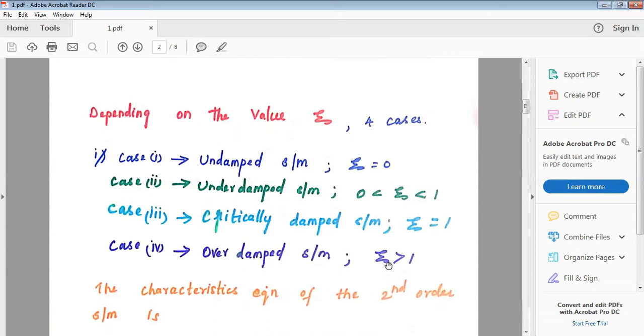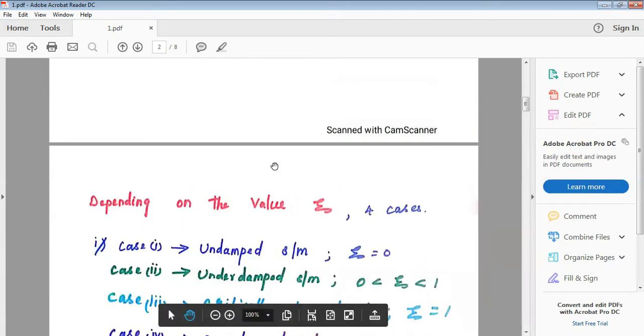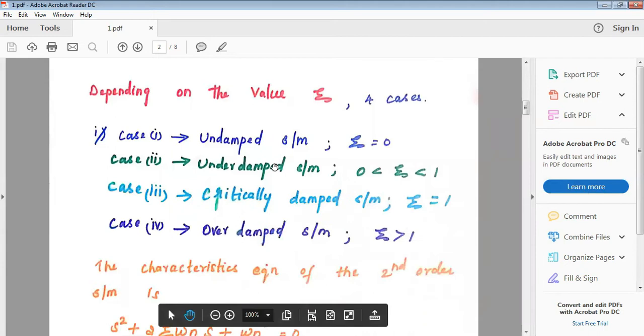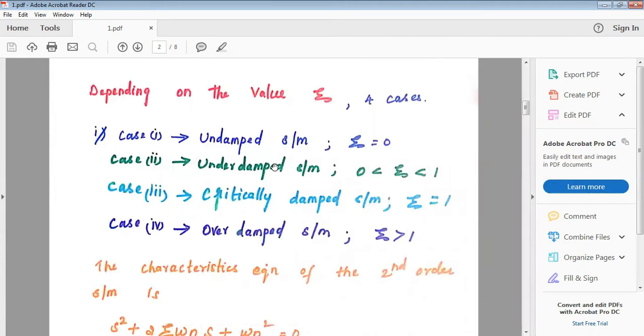Again here we have the value of omega d. So let us see what we mean by omega d. Omega d is the damping frequency. Damping frequency means, if there is a damping force in a pendulum, for example, if you are considering a simple pendulum, at first it will oscillate, right? And as time goes on, the oscillation gets reduced, and finally it reaches the stable position. That is called damping frequency.